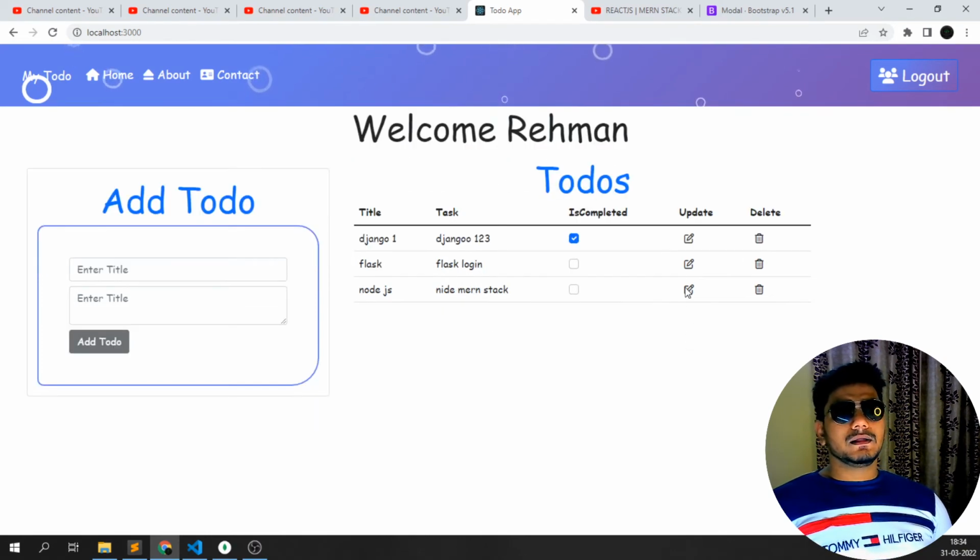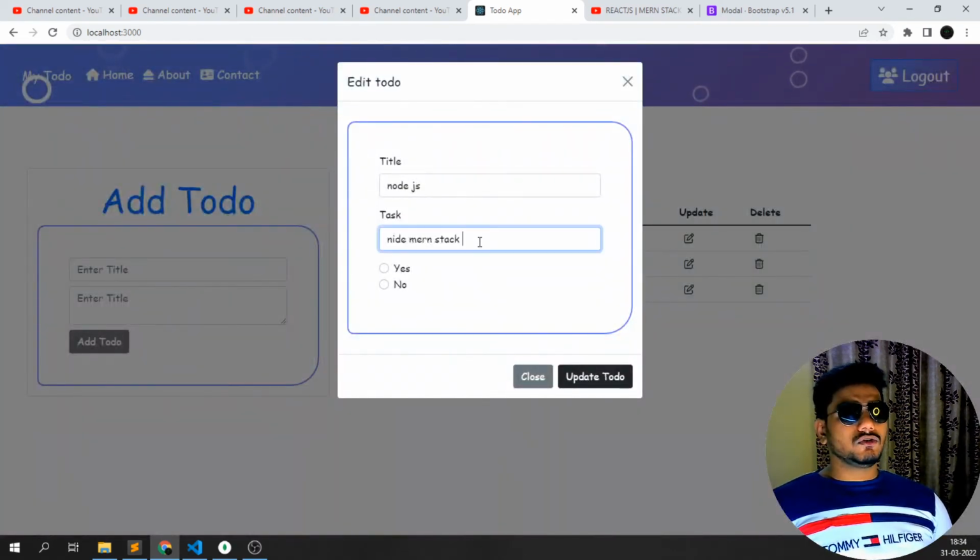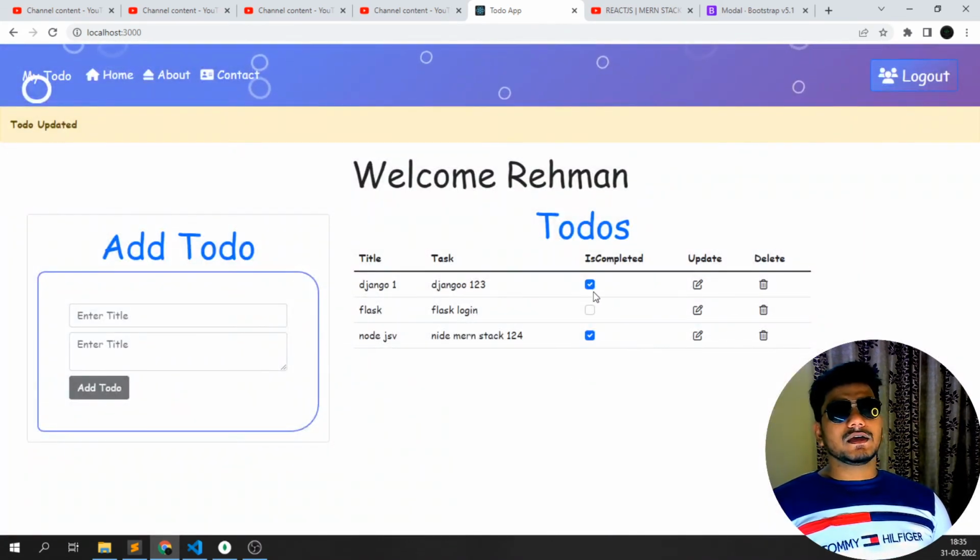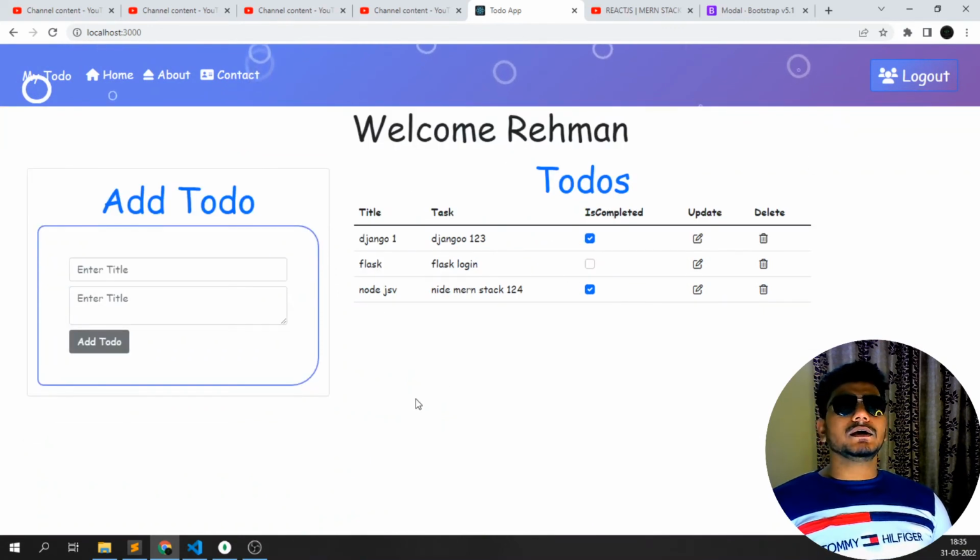Now if I want to edit, I can just update it. I'll tell it Node stack 1 2, and here I'll give it yes, I completed this particular course. I'll update it. So you can see even it has been clicked. Okay, so each and everything we saw, how we can develop a